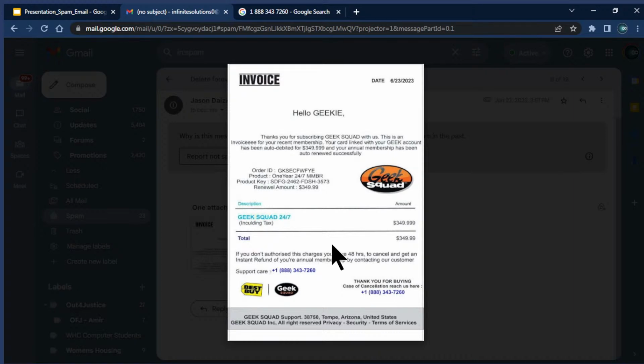This is a fraud attachment. The idea here is they want you to call the number. Pretty sure when you pick up and call, they're going to act like they're Geek Squad. They're going to ask for your information. And they're not even going to beat around the bush. They're going to ask for your credit card information right away. They're not even going to hesitate, right? And that's the purpose of this email.